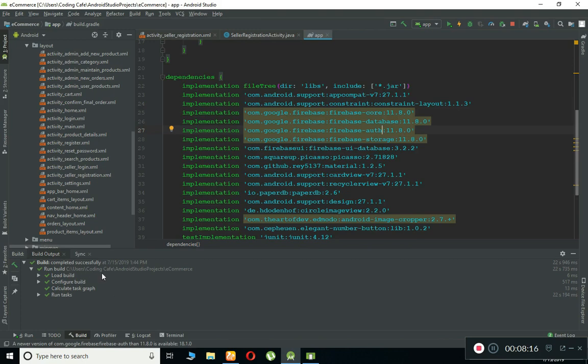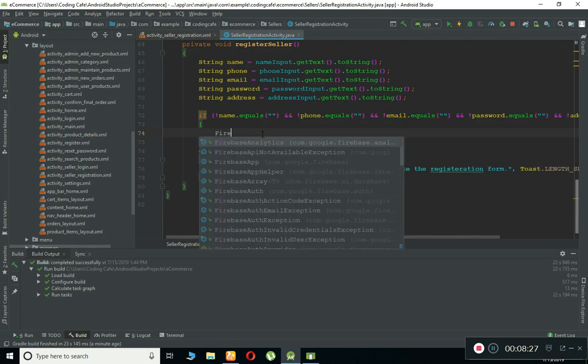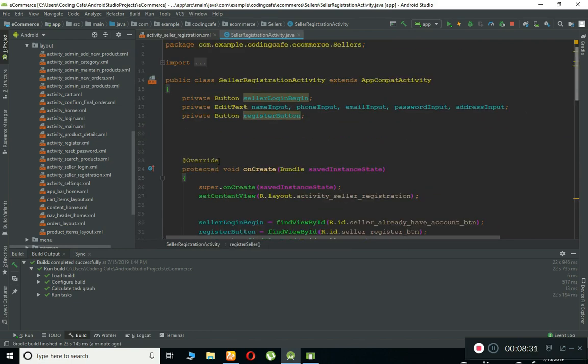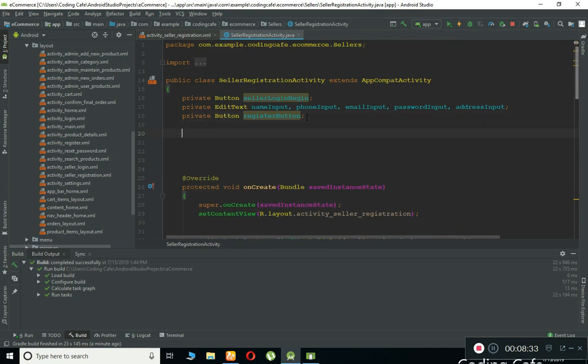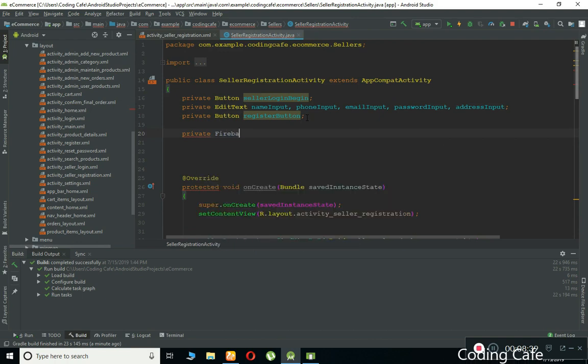So the build is completed successfully. Now close this, and here basically we can say, first let me create the Firebase auth, and let's create it here at the top. Okay, we can say private Firebase auth mAuth, and then